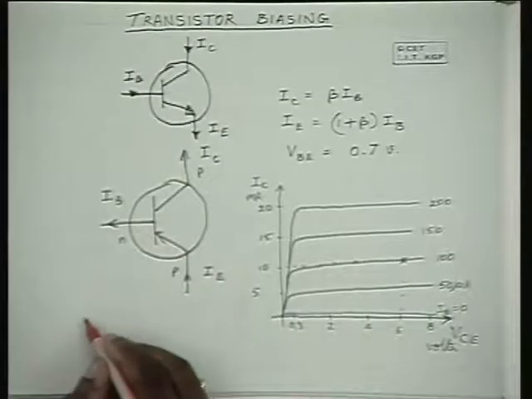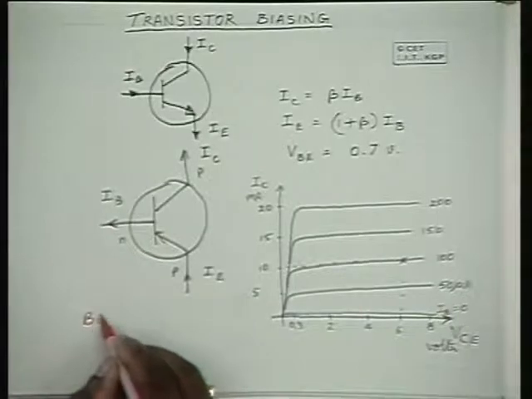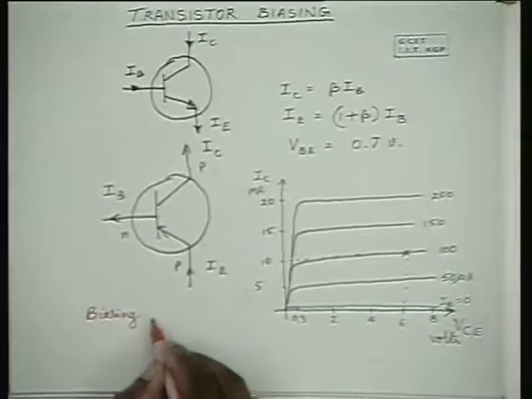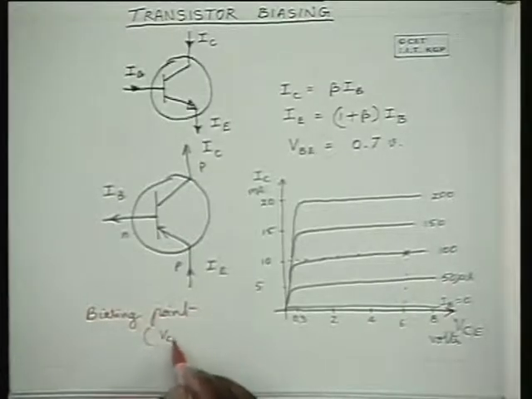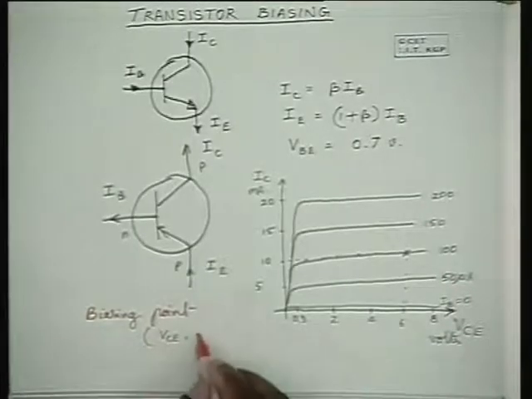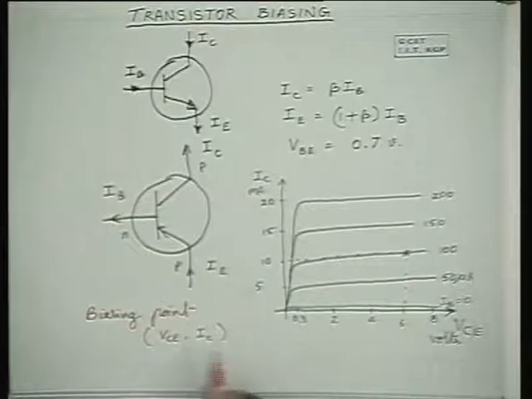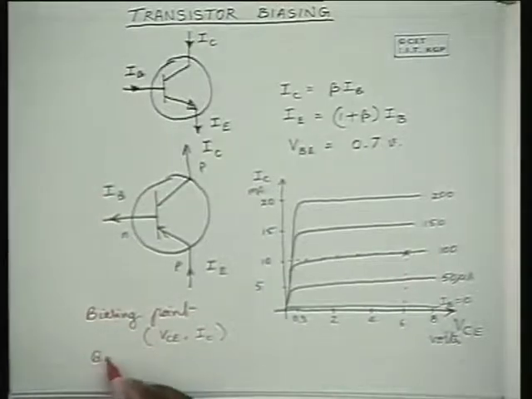This is the question in biasing. So first we select the biasing point, that means the biasing voltage VCE and the biasing current IC. This is known as the Q point or quiescent point,